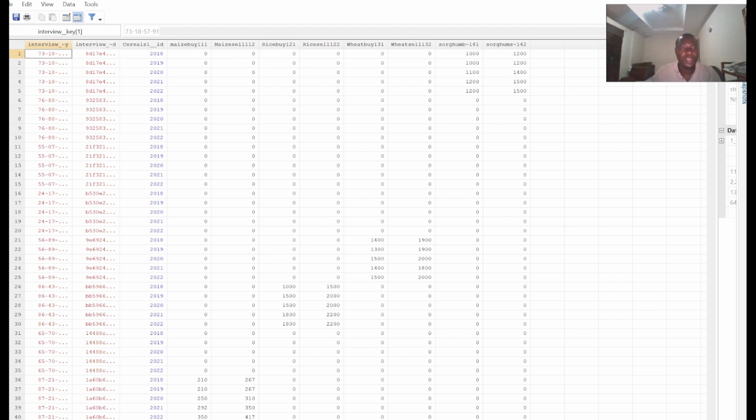Wow. So in fact, these are 53 columns. We have interview key, interview ID, and the serial ID. I can call these identifications, but our real data is from maize, rice, up to sorghum. So these are our identification variables in this data set. So you can see here